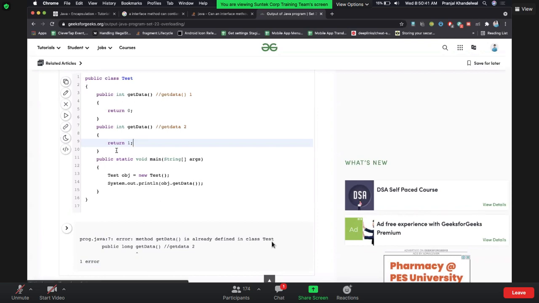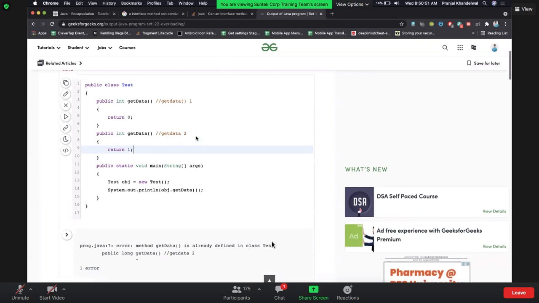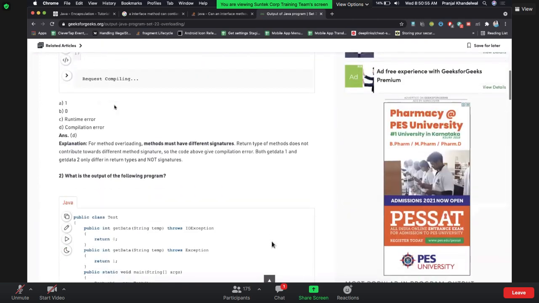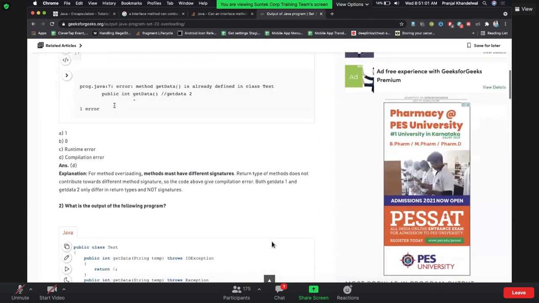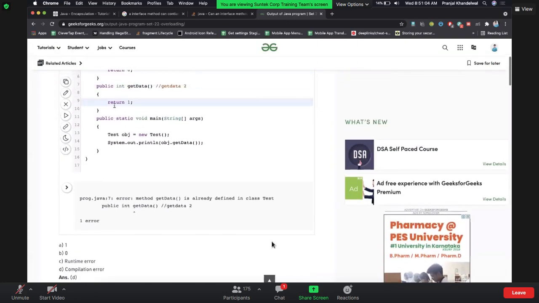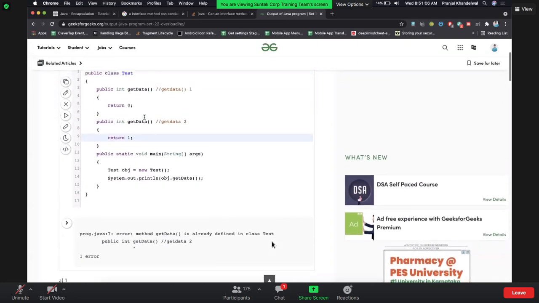Is there anyone who says error as well? Or do all of you agree with 1? Okay, runtime error. Correct. Let's have a look. Let's think about the compiler.